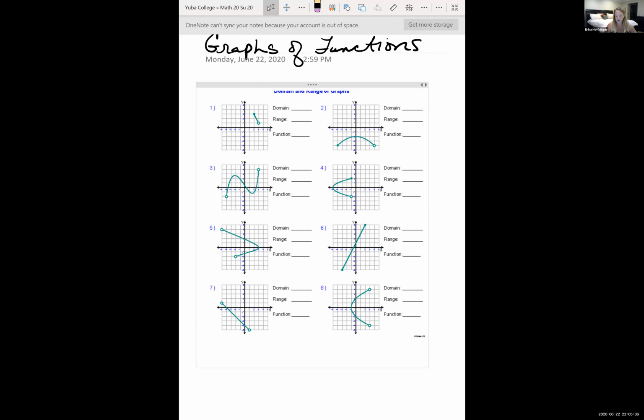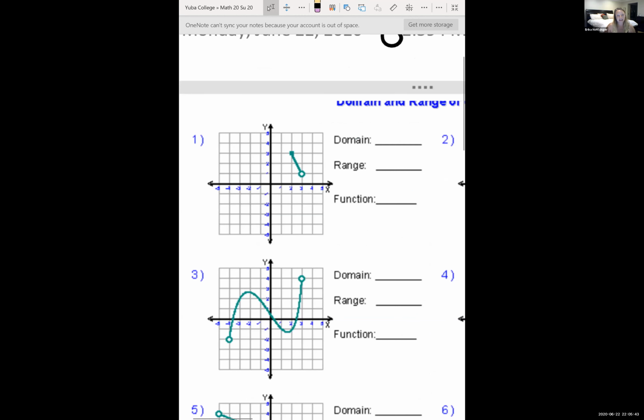Okay, so I just kind of wanted to pull up some graphs. And so let's look at some graphs and be able to, from there, answer questions. So for instance, looking at this number 1, you should be able to identify what the domain and the range is. The domain, remember, is all the values of x that is included on the graph, and the range are all the y values. And so if I'm looking at this and I'm looking at my x values,